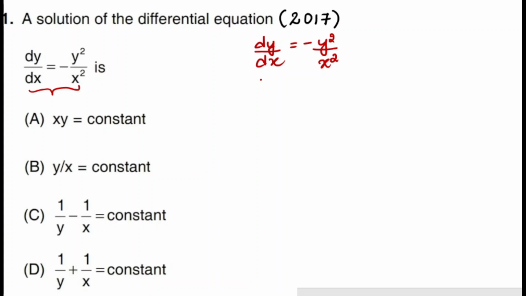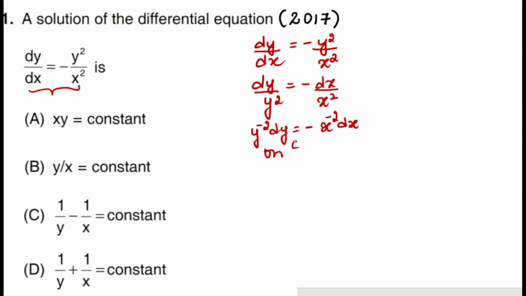Okay, on rearranging the terms, I'm going to get dy divided by y square, which is equal to minus of dx divided by x square. Now, keeping this denominator to the numerator, the powers will change sign: if it is plus, it will be minus. So, it will be y^(-2) dy, which is equal to minus of x^(-2) dx. Okay. Now, on integration,